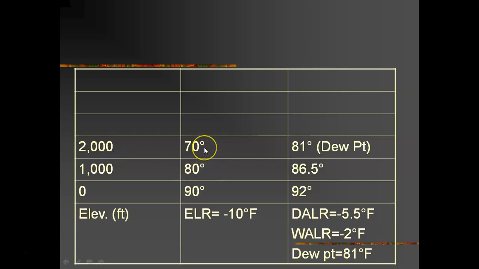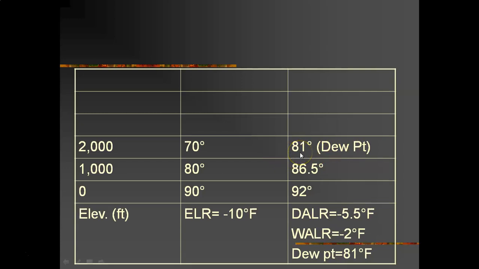All right, 70 degrees in the troposphere at 2,000 feet. We subtracted 5.5 degrees from our 86, and we've got 81 degrees. We've reached dew point. Now, definitely the bubble of air is still buoyant. It's definitely warmer than the surrounding air. We've reached dew point, and so what's going to start to happen is condensation is going to start to occur. So we're going to create a flat cloud base, but this bubble of air is still going to rise,